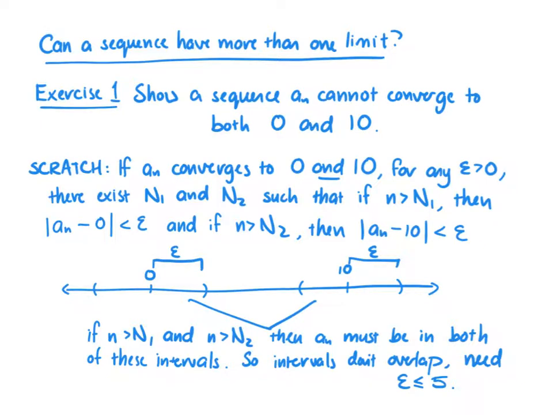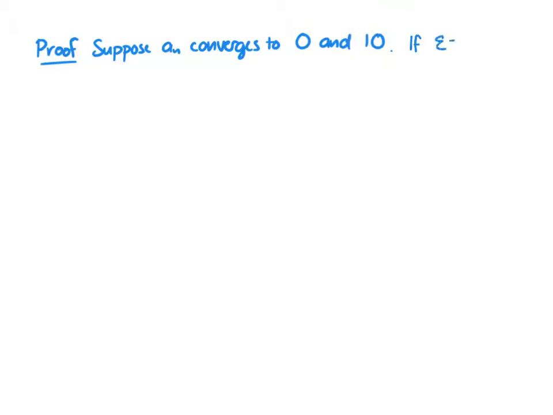Okay, so here's our proof. So let's suppose a_n converges to 0 and 10. Okay, so I'm going to let epsilon be 5. So again, actually any positive number that's smaller than 5 would work. So if you picked 1, 2, 3, pi, all of this would still work out. In any case, if epsilon is equal to 5,